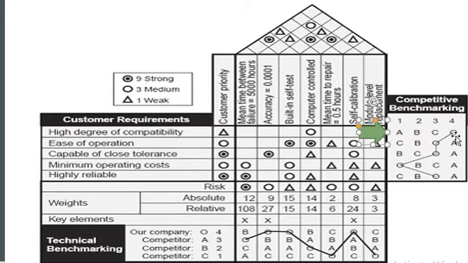Okay, it all depends. But when we are writing competitive benchmarking, what we do is we try to make a different value for different products. If we give 4 for our organization, we won't give 4 for any other. If we give 4 for our product, we will be giving other values for the remaining competitors. Means, for example, if it is 1 here, it will be 2 3 4. It is not repeated, 1 is not repeating anywhere, 2 is not repeating anywhere. In that way we construct it.